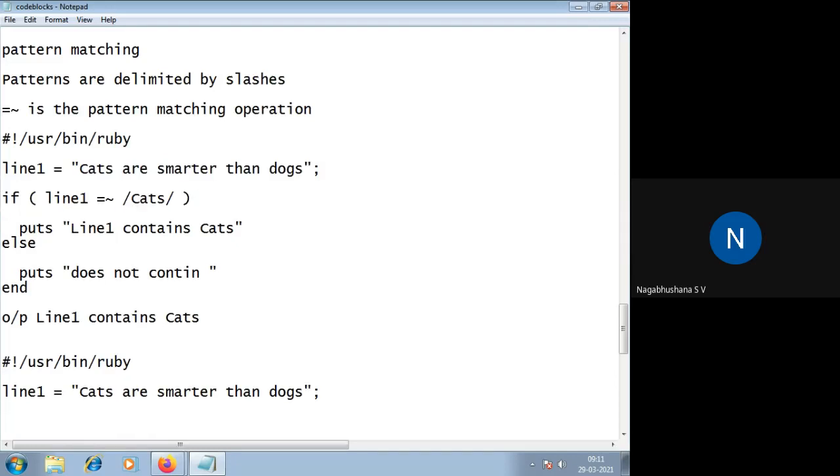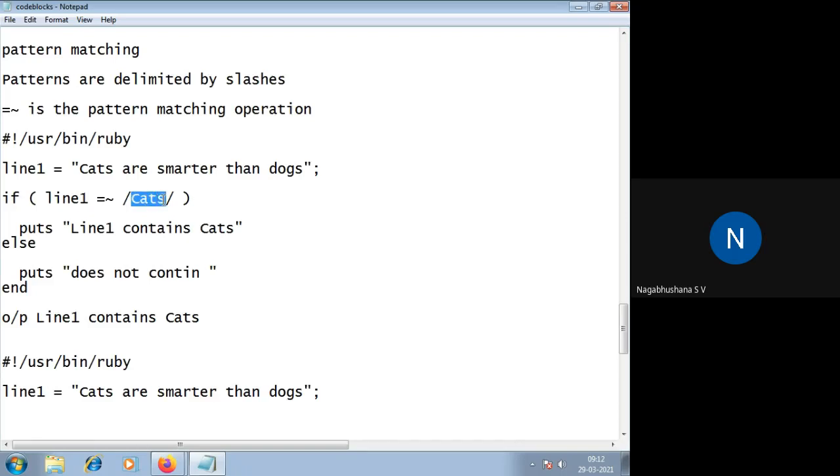This is the value of the variable line1. Now I'm just trying to match a pattern. What is that pattern? This is the pattern. I want to find out whether this specific pattern is there.